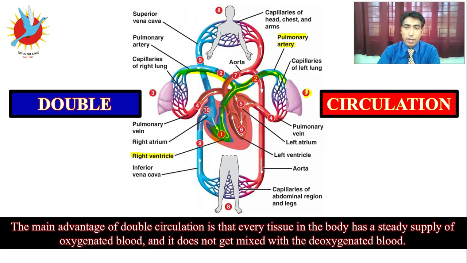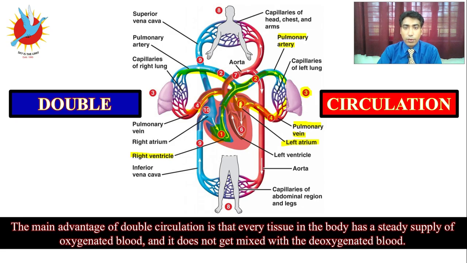The third label means lungs. From the lungs the oxygenation of blood gets completed. After the oxygenation of blood, the pure blood, meaning oxygenated blood, goes through the pulmonary veins. So what is the fourth one? Pulmonary veins. Through the pulmonary veins the oxygenated blood gets filled into the left atrium. So the fifth label is our left atrium.